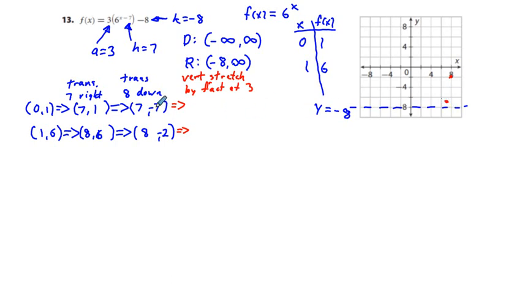For the first reference point, (7, -7), we are 1 unit above the horizontal asymptote. So we need to go ahead and multiply that by 3. So 1 times 3, 2 times 3. So what we're going to get here is the coordinate pair (7,